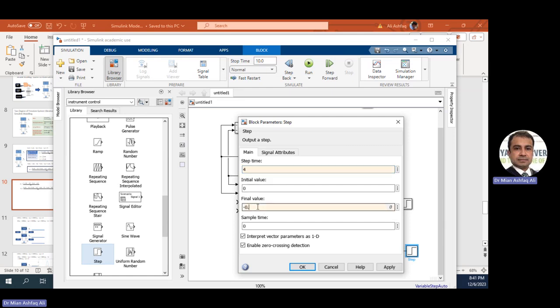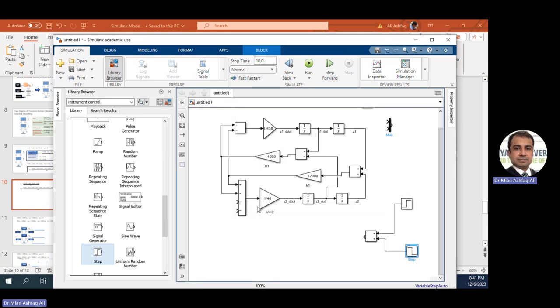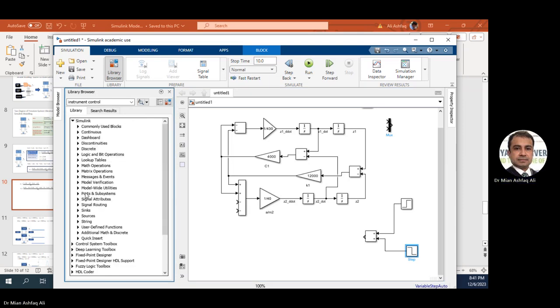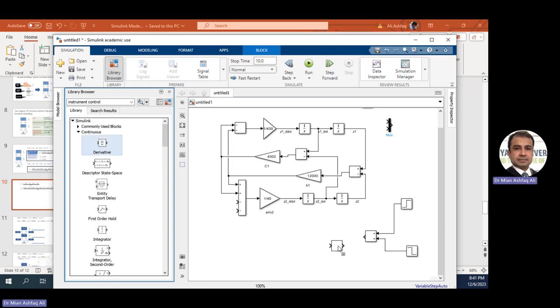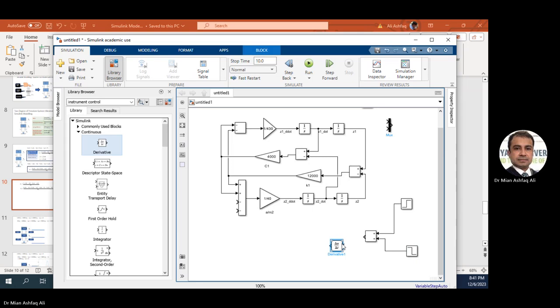So this will actually produce a step input, and then we can take the derivative of this block. So for continuous function, I can take the derivative of this one. So now I have the road profile and the road profile velocity both at the same time. Now, once we have this, I can simply